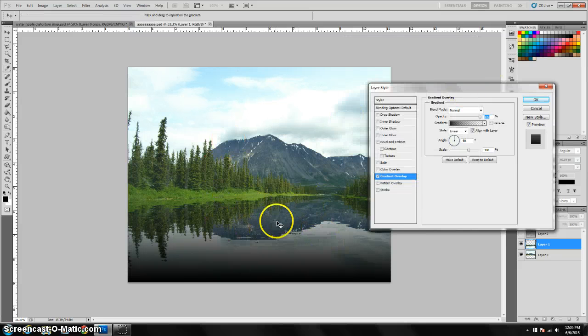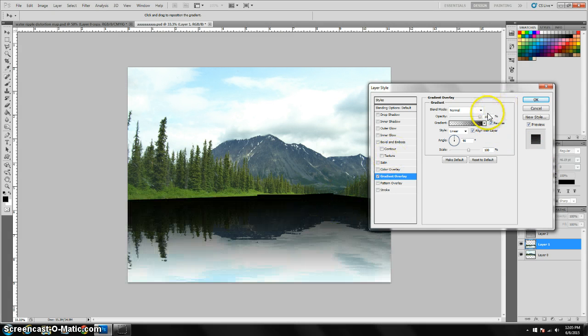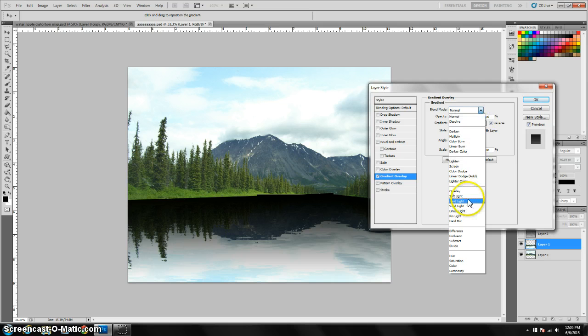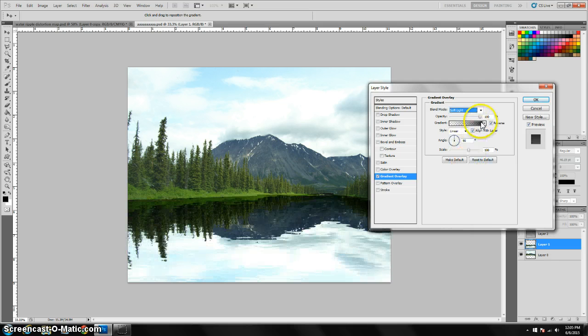and I like it to be the other way around, like I mentioned earlier. I want there to be more shadows up towards the shoreline, so I'm going to click reverse, and it flips that around, and that's way too dark, obviously. And so I'm going to go up to blend mode, and I'm going to choose soft light, and then you can change the opacity to how you want that, so where you can kind of make it a little bit